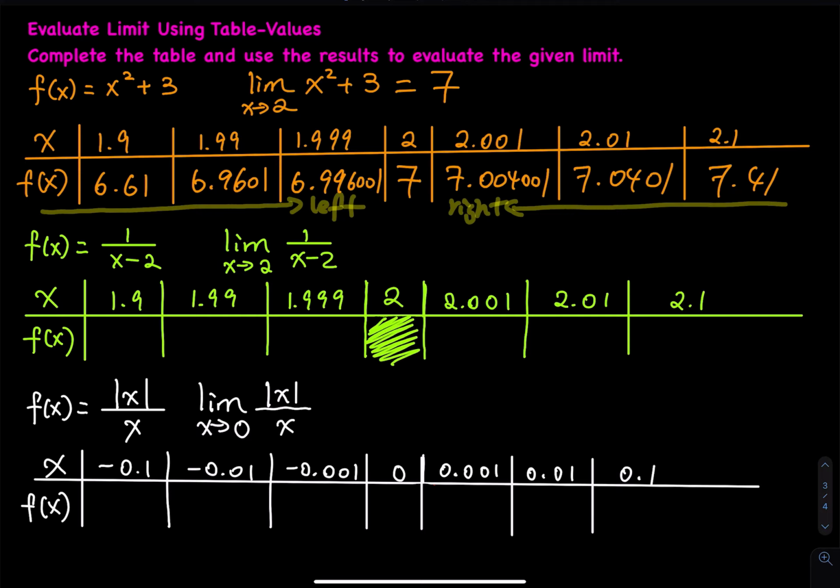All right, 1 divided by x minus 2. When you evaluate this using your calculator, make sure you have 1 divided by x minus 2 in parentheses. Otherwise, you will have 1 divided by x first, and then you subtract 2, which is wrong. You want to do the subtraction first and then perform the division. Okay, when x is equal to 1.9,